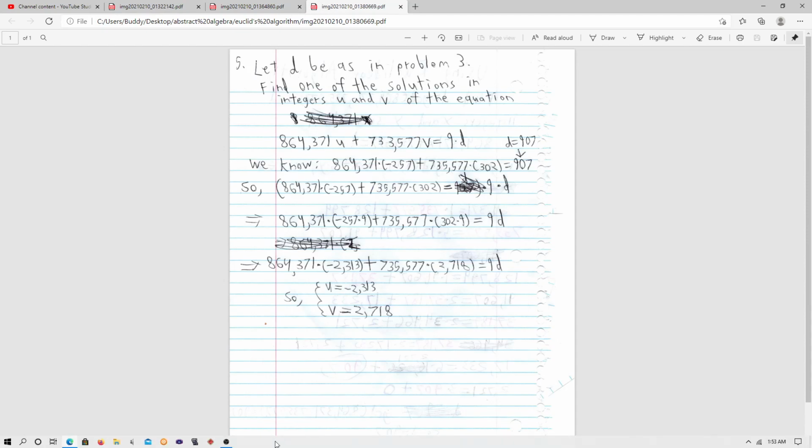And that's it. That's using Euclid's algorithm for all it's worth. You can do other problems, but basically these are the type that would be in